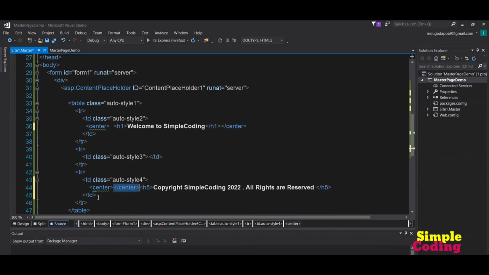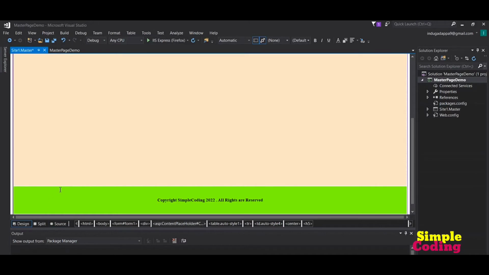Similarly, I want to display this heading tag in center of the row. For that I am using here center tag. You can see that heading has been added to the center of the row.